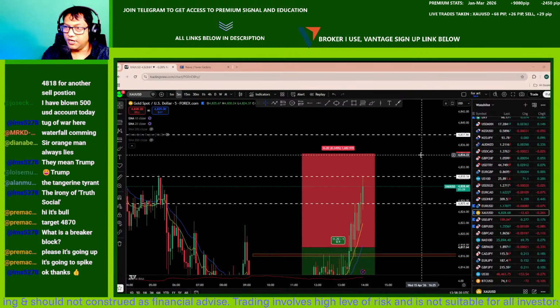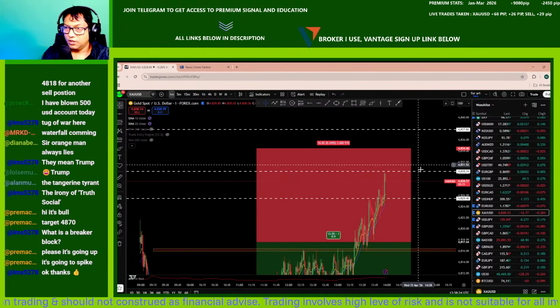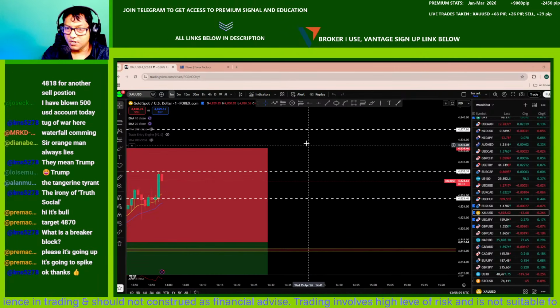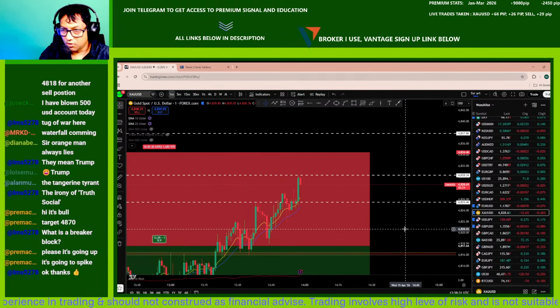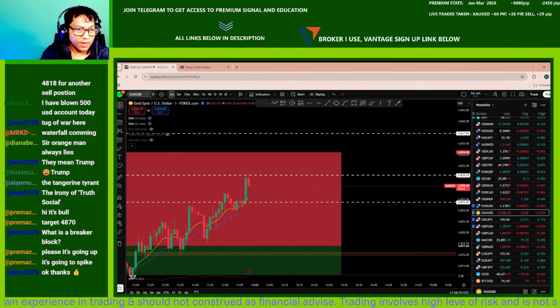So I'm on the trade again because there is a very high chance for this market to eventually return back down below. All right, so here is the 4-hour candle close coming in 2 minutes time, and I'm looking at here for